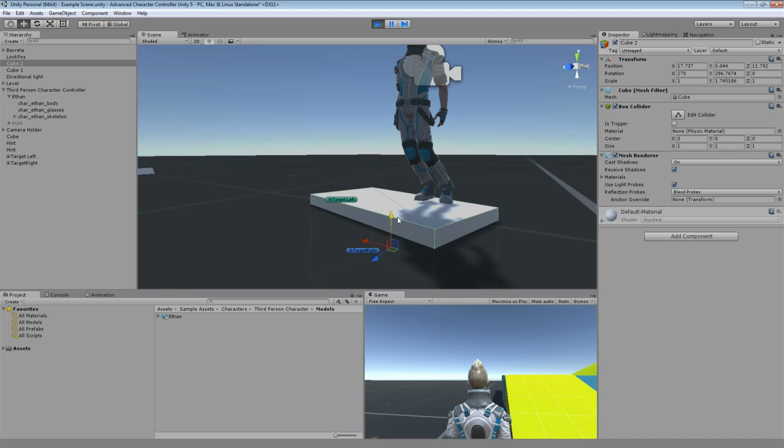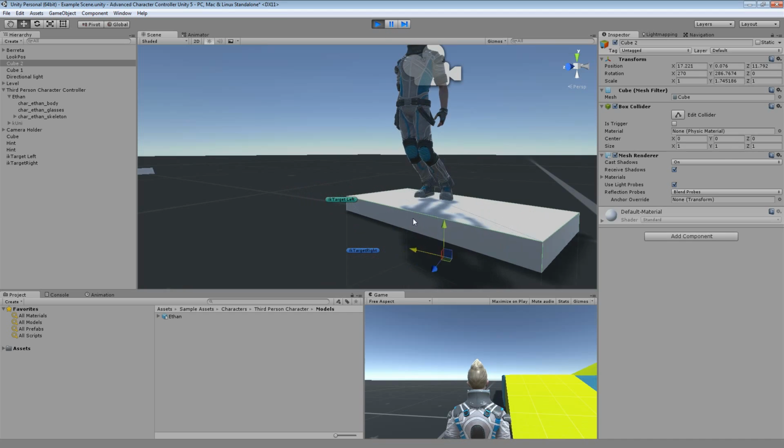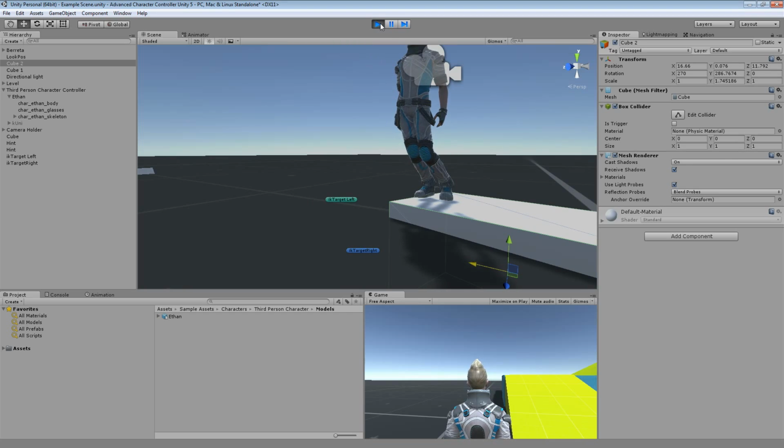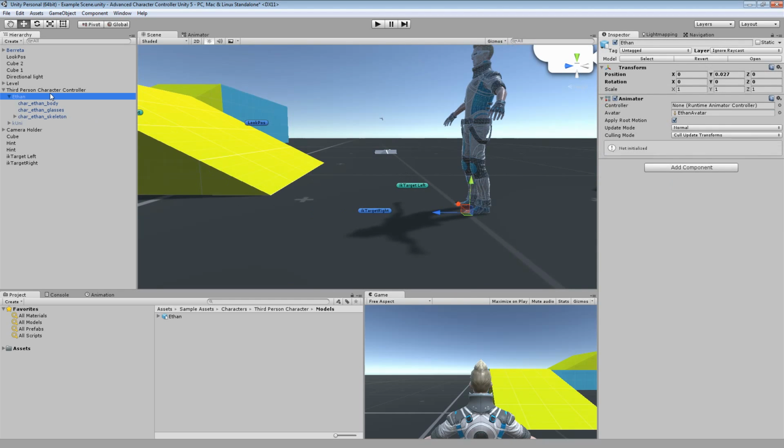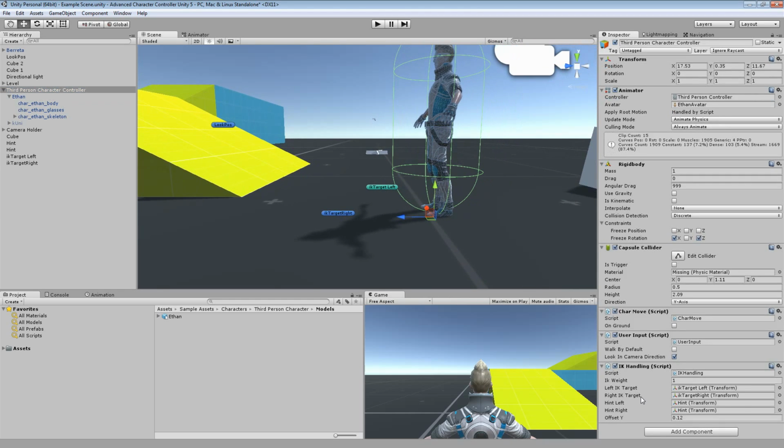So IK is mostly for correctional use and not as something that you use independently from animations. So now that we see how it works when it's stationary,